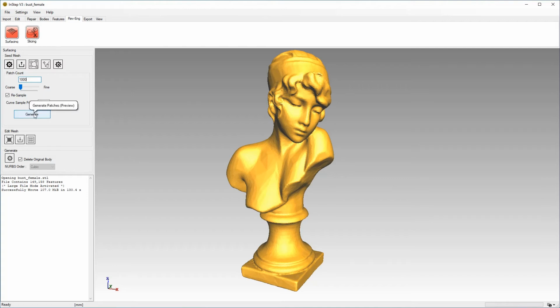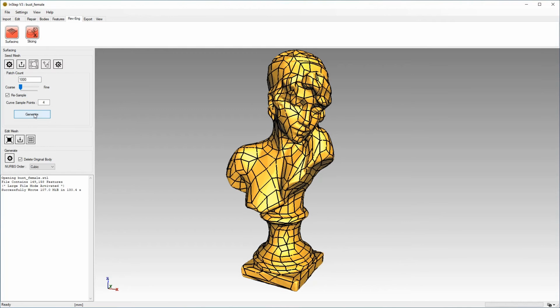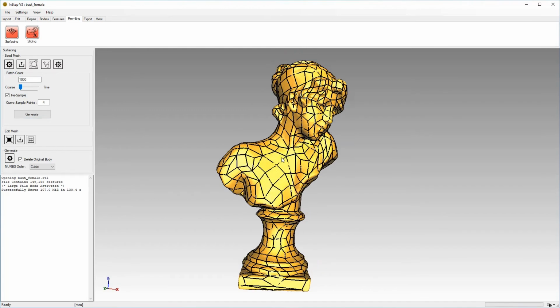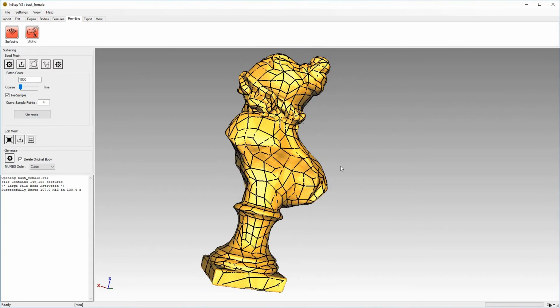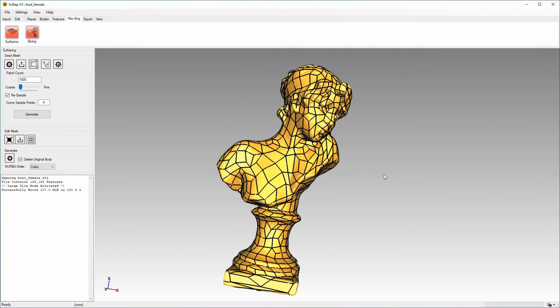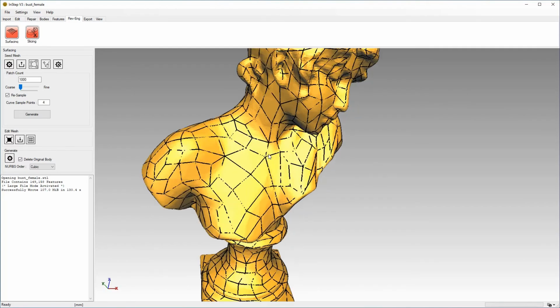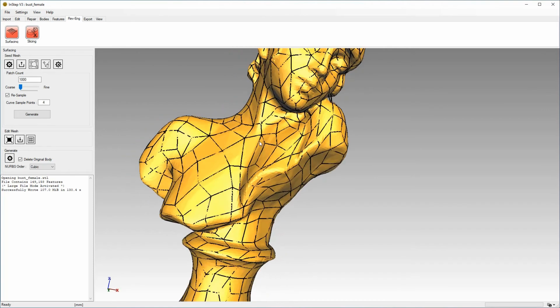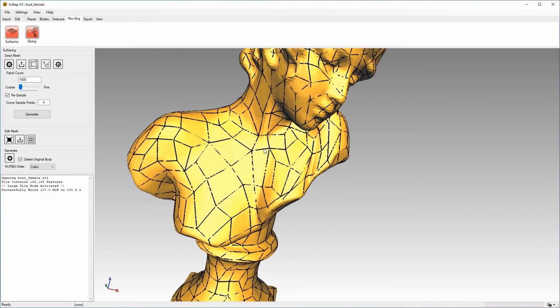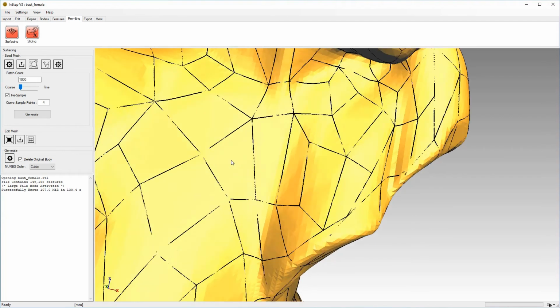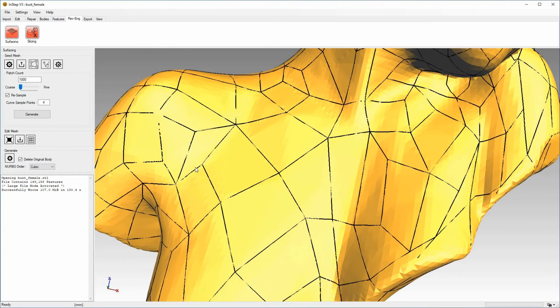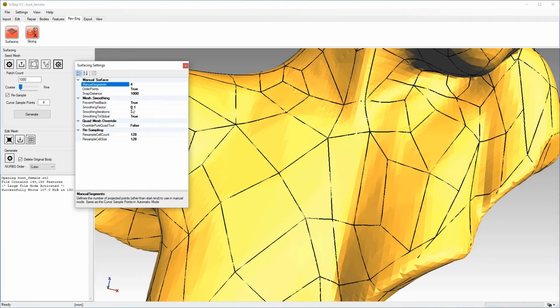When we hit generate, and this is just for the preview, the application will then convert that into a seed mesh for preview. It's always recommended that you take a close look at this output as it can contain some issues. In general, however, the result should be relatively good. We can also see there's some areas where the output is not a nice shape. So what we can do is we go into settings and then increase the smoothing factor to say 0.5 and the number of smoothing iterations to 5.